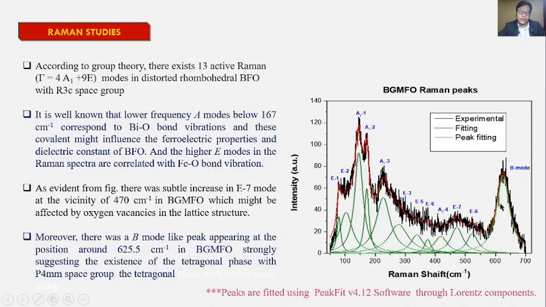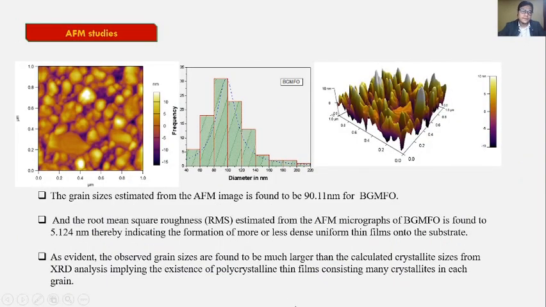There is also a huge peak in the B mode appearing at about 625.5 centimeter inverse, suggesting the existence of the tetragonal phase with P4mm space group, which changed from rhombohedral as we incorporate gadolinium and manganese in these thin films. And AFM studies reveal that there's a dense film